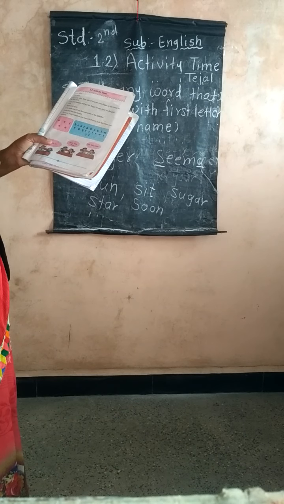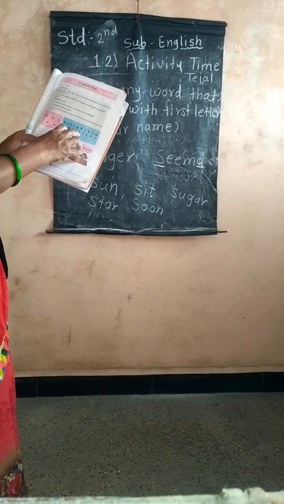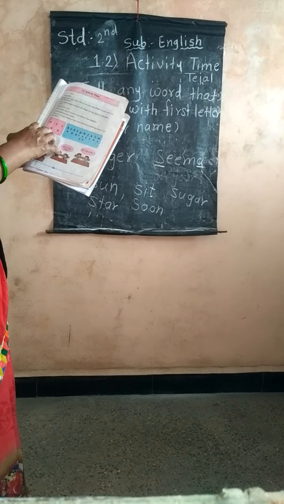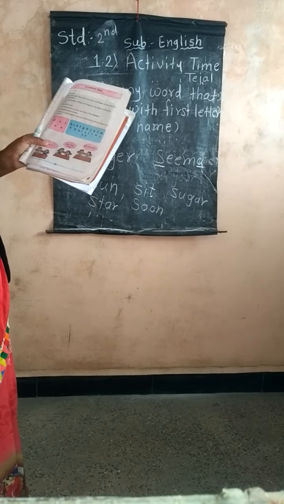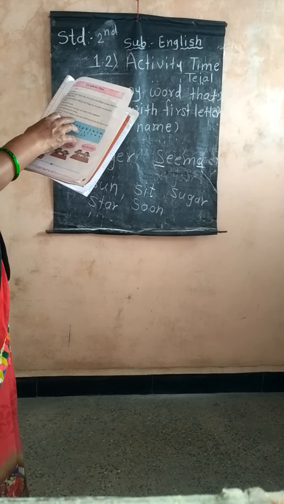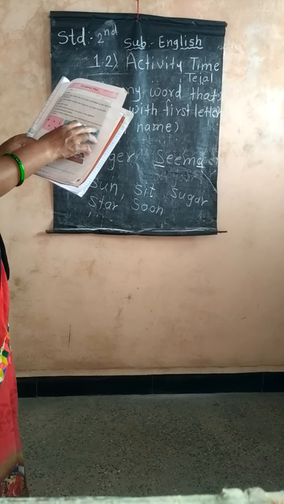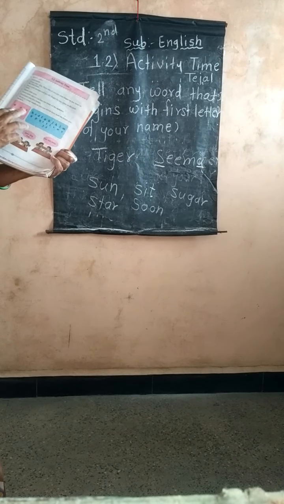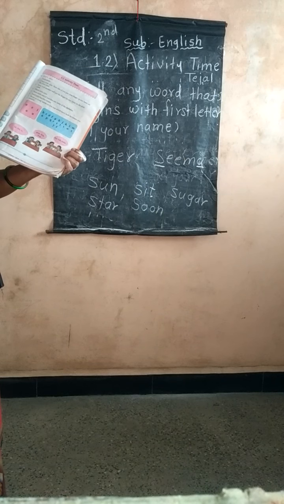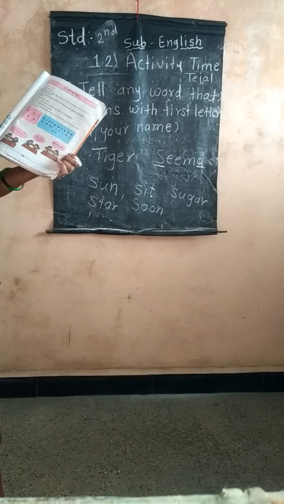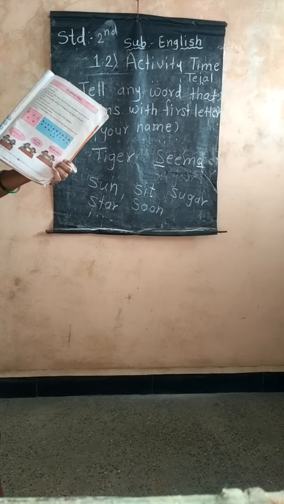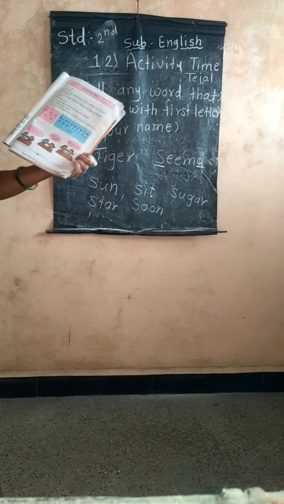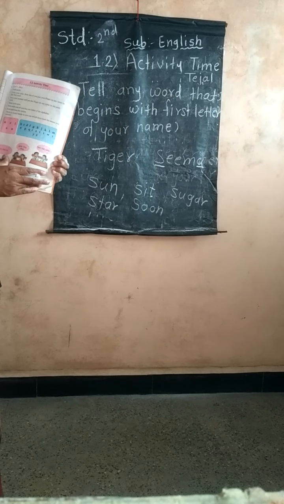Okay, now listen, you put the finger on which letter? Yes. And your friend put the finger on the letter O. So which letters are making words? So write as many words as you can which have both the letters you picked. Okay, now listen, you are picking some letters and you make some words. Okay, you write these words in your notebook and send me the photo on the second standard group. Do you understand now the first activity?